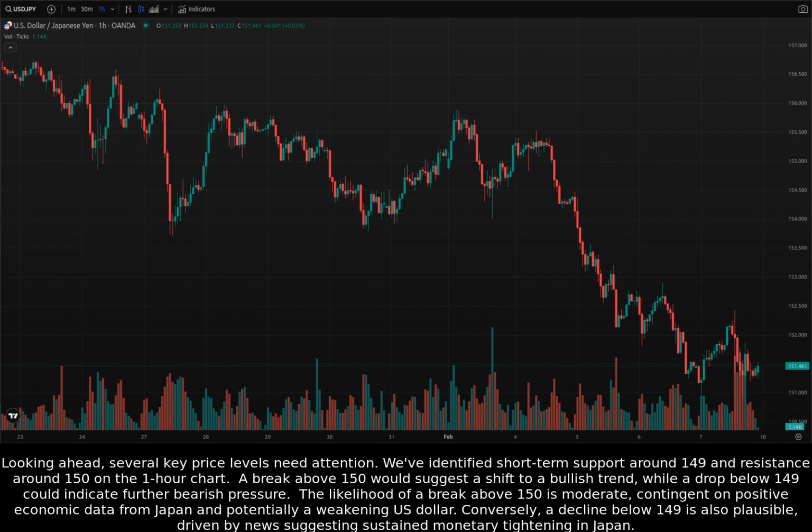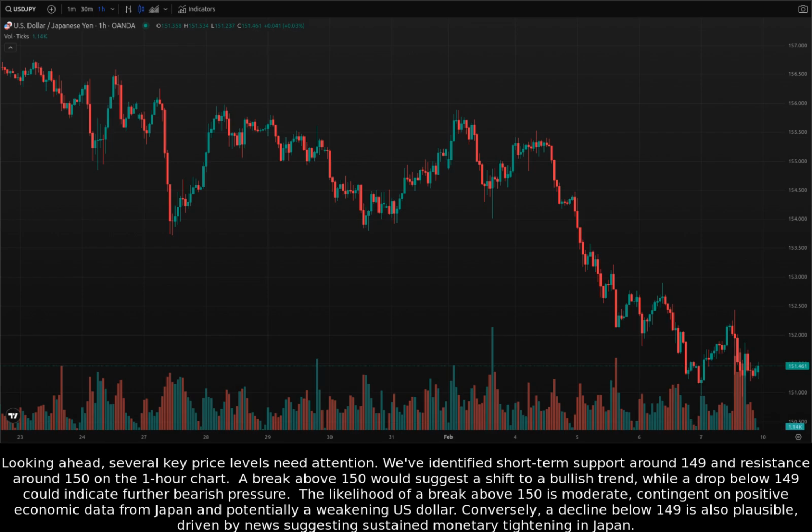We've identified short-term support around 149 and resistance around 150 on the 1-hour chart. A break above 150 would suggest a shift to a bullish trend, while a drop below 149 could indicate further bearish pressure. The likelihood of a break above 150 is moderate, contingent on positive economic data from Japan and potentially